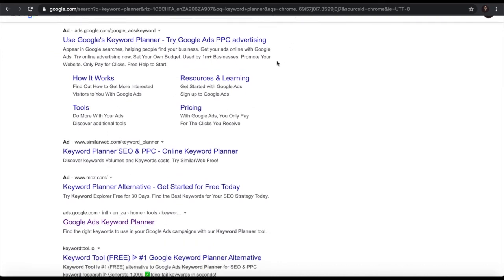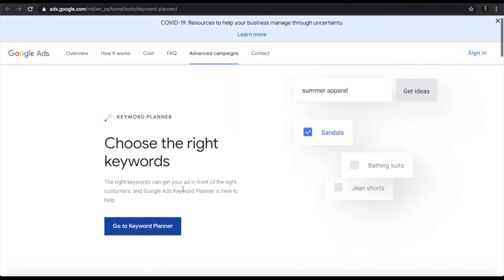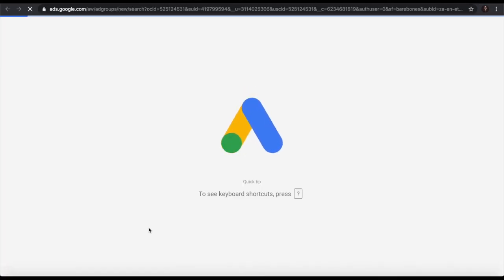I just created this account now. And if I double click on this AdWord planner, what appears is this keyword planner that I can go to. But if I click on it, I just want to show you now in real time. It will not actually take me to the keyword planner. It will take me back to Google Ads campaign, so that I can finish my Google ad campaign,